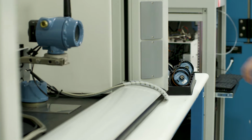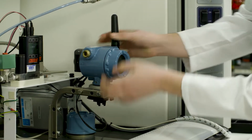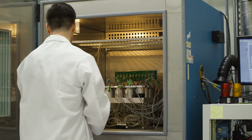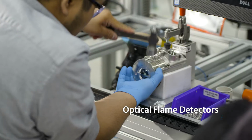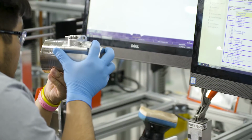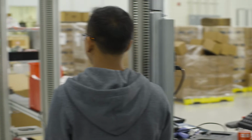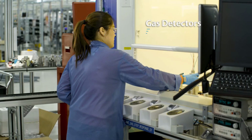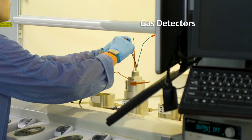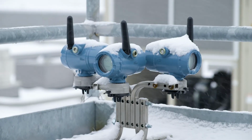Test calibrations are completed by our metrology laboratories with traceability to national and international standards, such as the National Institute of Standards and Technology. Optical flame detectors are built to be exceptionally durable and weather-resistant for use in hazardous areas, are SIL 2 approved and third-party certified to the most current international standards for safety and reliability. Toxic and combustible gas detection solutions feature robust construction to operate reliably in the toughest conditions, including rain, snow, ice,